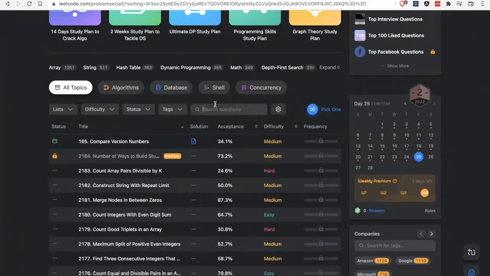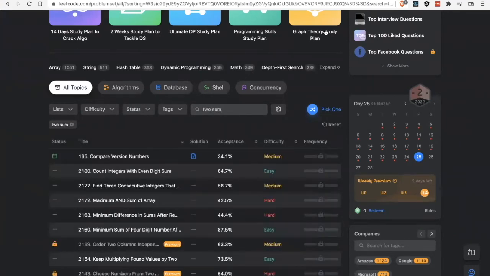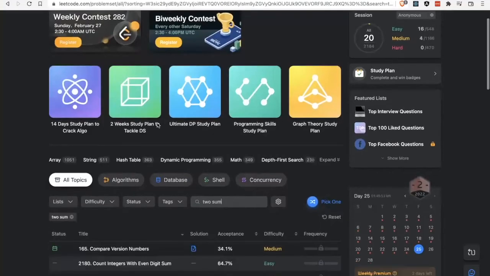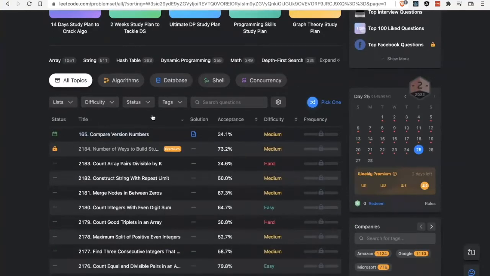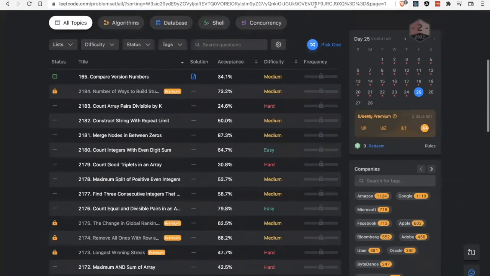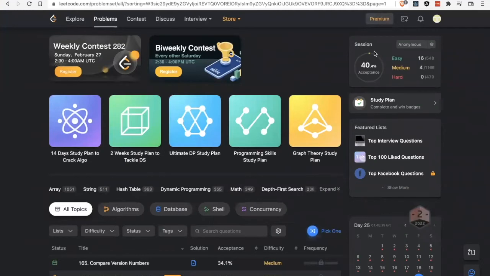So today, I think I have it in another tab, but we'll do Two Sum as our problem today. You can also sort for problems that have been asked about in certain companies, but that's only a premium thing.